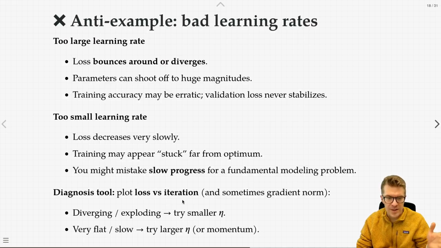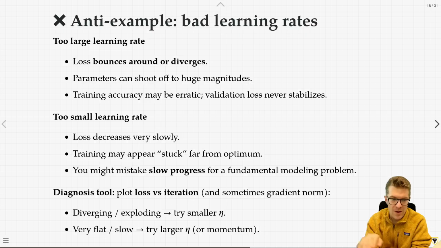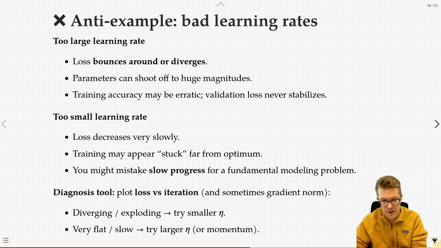So the diagnosis tool basically is always to plot your training curves, plot your validation curves over iterations of your learning. Ideally, these losses should converge, and it should be very clear that even with some noise, there'll be some convergence. We're going to see an example of this in a second. But if they don't, if the loss stays the same over all of your iterations, even with Adam or mini-batch stochastic gradient descent turned on, this can be a problem. Maybe you want to change your initial learning rate eta. If things are flat or slow and nothing seems to be learning, maybe you can try larger values of eta, or you can increase your